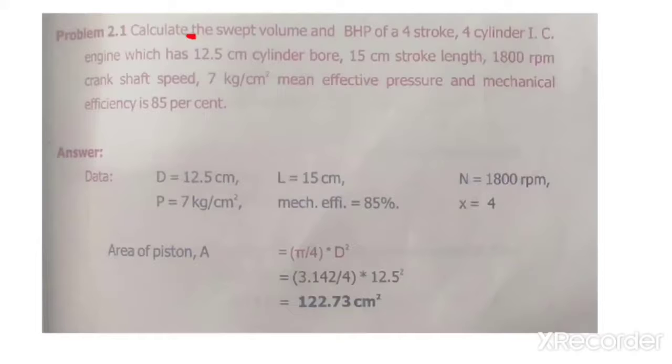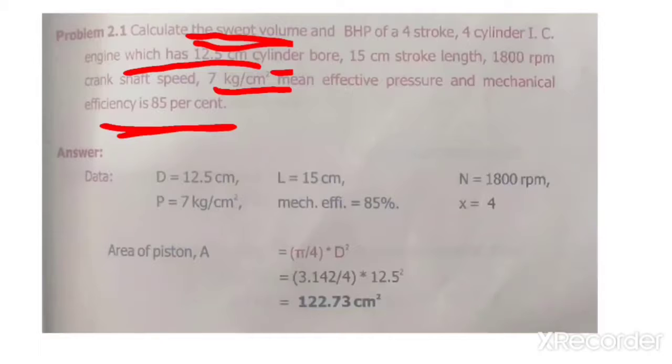Calculate the swept volume. Okay, we already discussed what is meant by swept volume. The volume which is displaced by the piston is called swept volume. And the BHP of a 4 stroke, 4 cylinder IC engine, which has 12.5 centimeter cylinder bore, 15 centimeter stroke length and 1800 rpm. It's the engine speed. Then 7 kg per centimeter square is the mean effective pressure, and mechanical efficiency is about